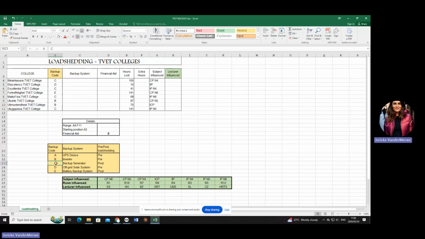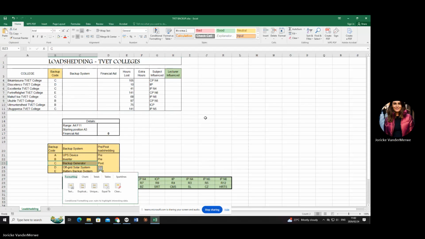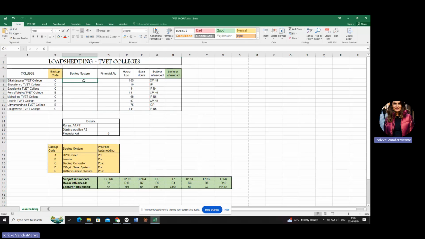So I've got C. Do you see the backup system is going to be a backup generator? Okay, so you see how to read the table. So if I had to do this manually, I had to go and type there, okay, this is a backup generator. But that's not what I'm going to do. I'm going to automate that using a function.